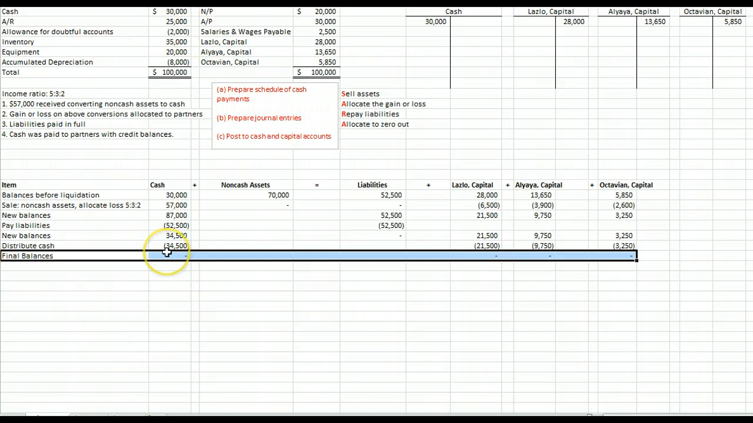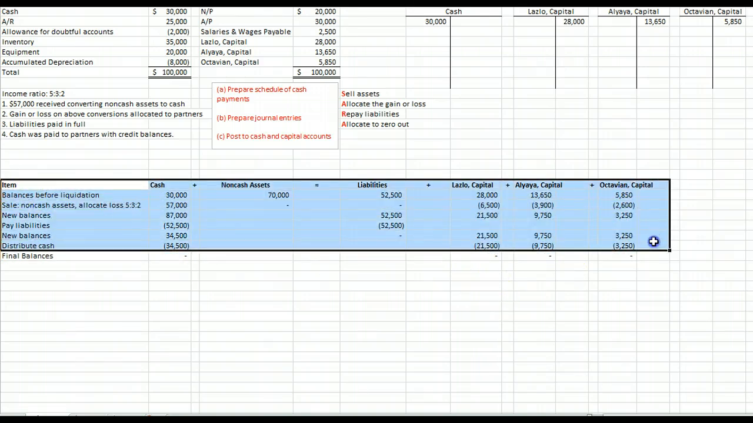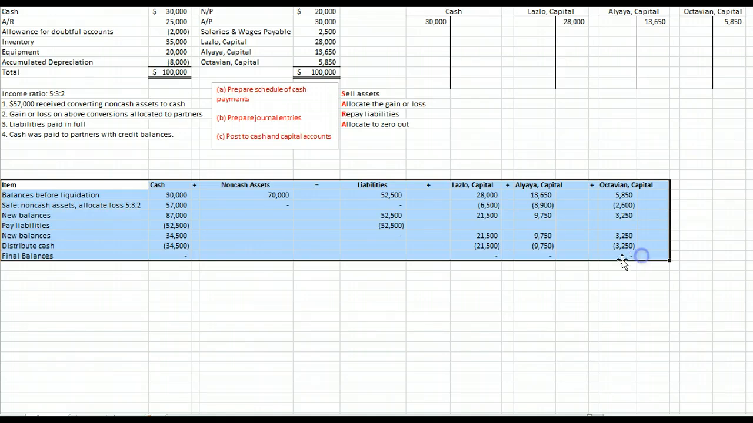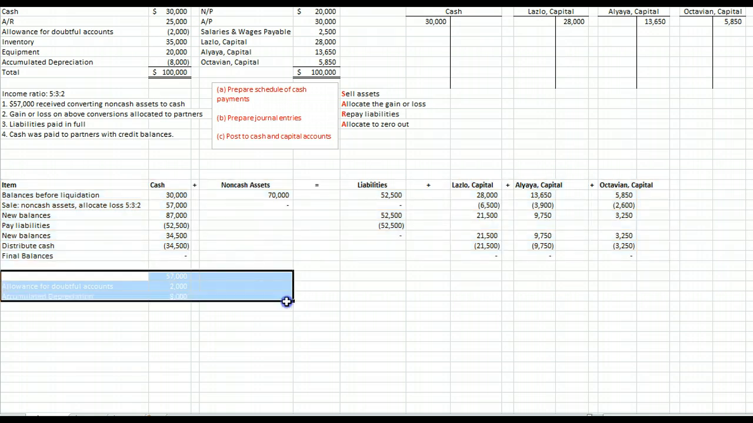We want to have 0 left on the left and 0 left on the right. Alright, so this is the schedule of cash payments. But really what we're concerned about in this homework problem is also creating the journal entries. So the first thing we have to do is use our